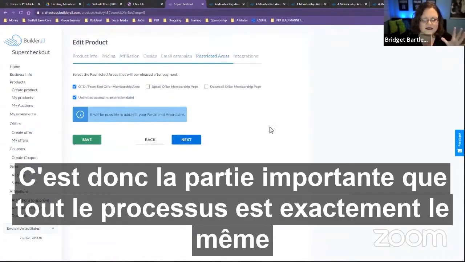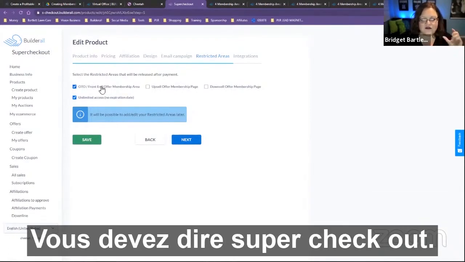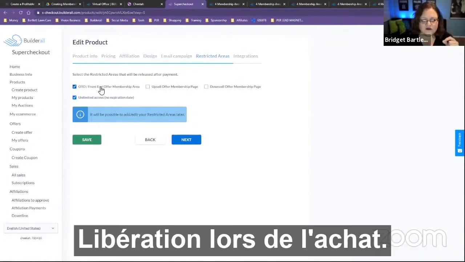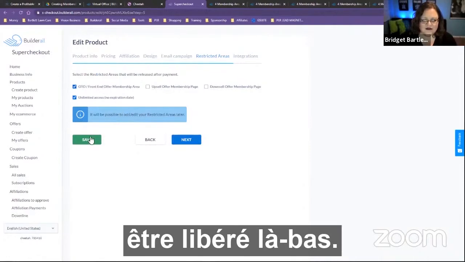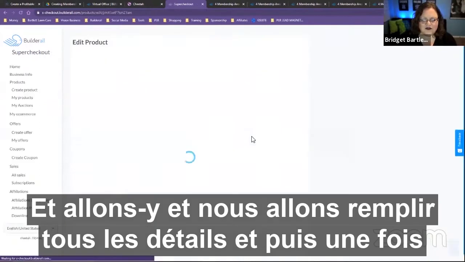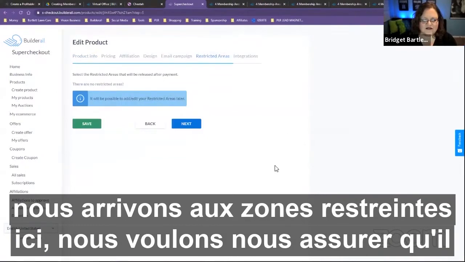Okay, so this is the important part. That whole process is exactly the same for all the products, except when you get to this area. You need to tell Super Checkout what area you want it to release upon purchase. Since this is the front end offer membership area, we want that to be released there. So I'm going to click save here, and we're going to fill out all the details. And then once we get to the restricted areas here,